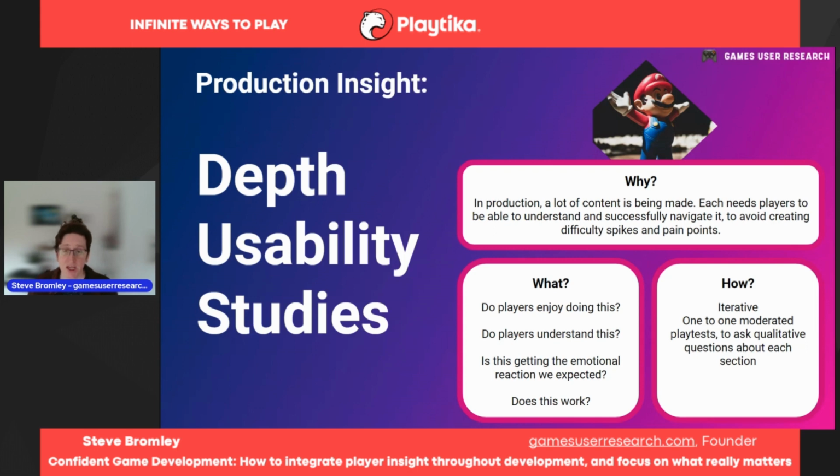What I see with these type of studies when teams run them is you get a huge amount more value just from watching even 4 or 5 people play your game regularly than doing a giant study with hundreds of participants and lots of survey responses. And so making sure you're creating that regular cadence of playtests, of running studies every couple of weeks or every month, will make it possible to make changes quickly and early, check those changes have worked, and ultimately leave production with confidence that you have a game that players understand.